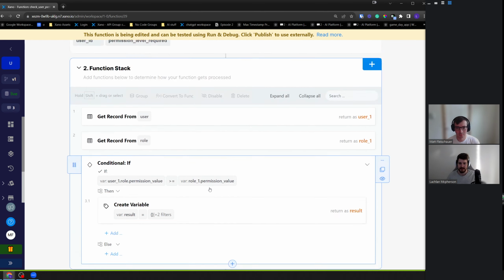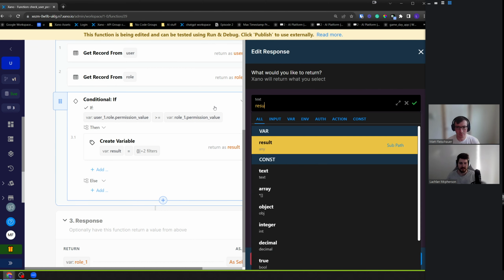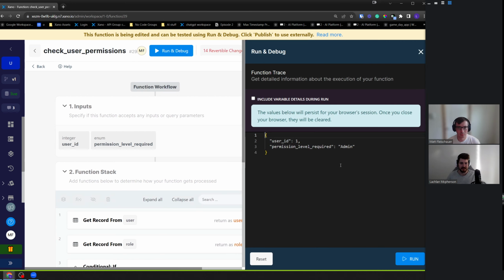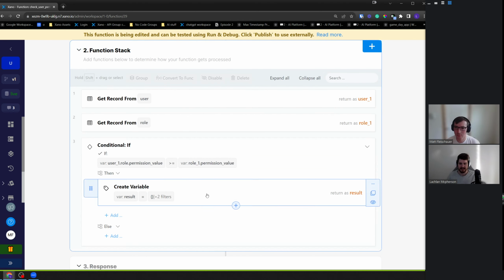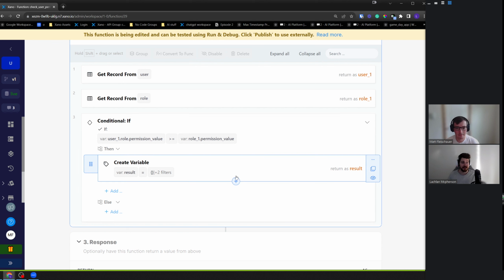So let's do a bit of a run just to see if we get a value back. Result. And if we run this for user 1, correct, true, this user has the required permissions. Fantastic. We also then want to create an instance though, if they don't have the correct permissions, what are we